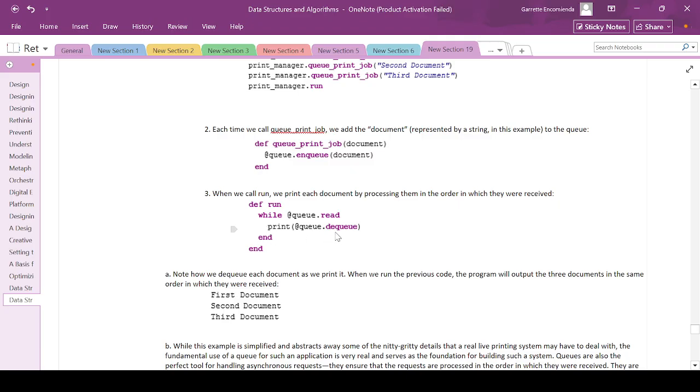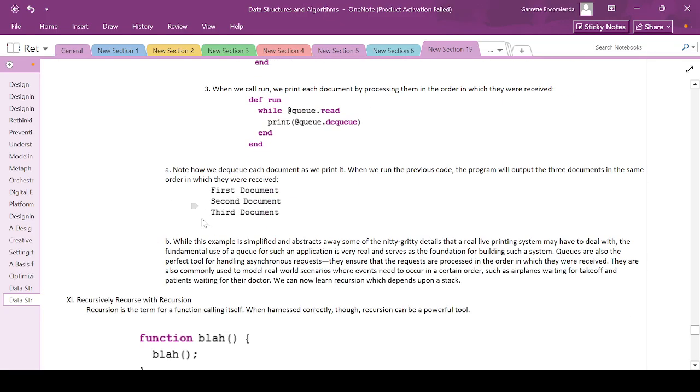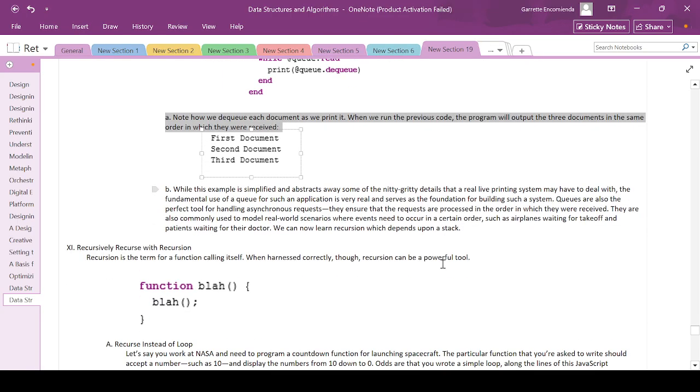So again, with the queue, we can only dequeue or read from the front, unlike a stack, right? Dequeuing or deleting can only happen from the first index in the array. So note how the queue handles each document as we print it. When we run the previous code, the program will output the three documents in the same order in which they